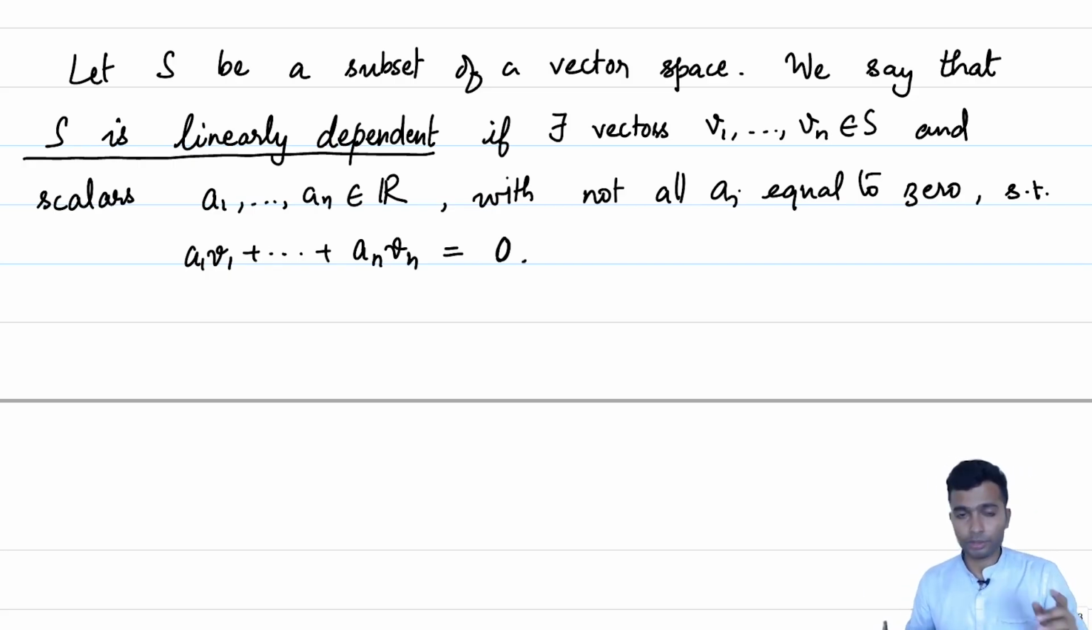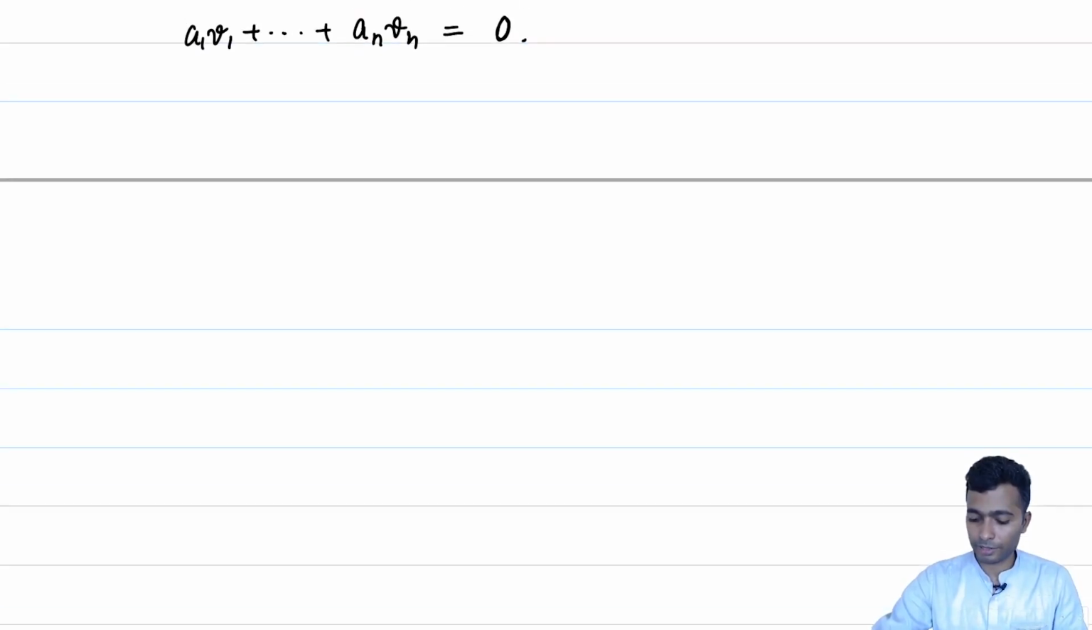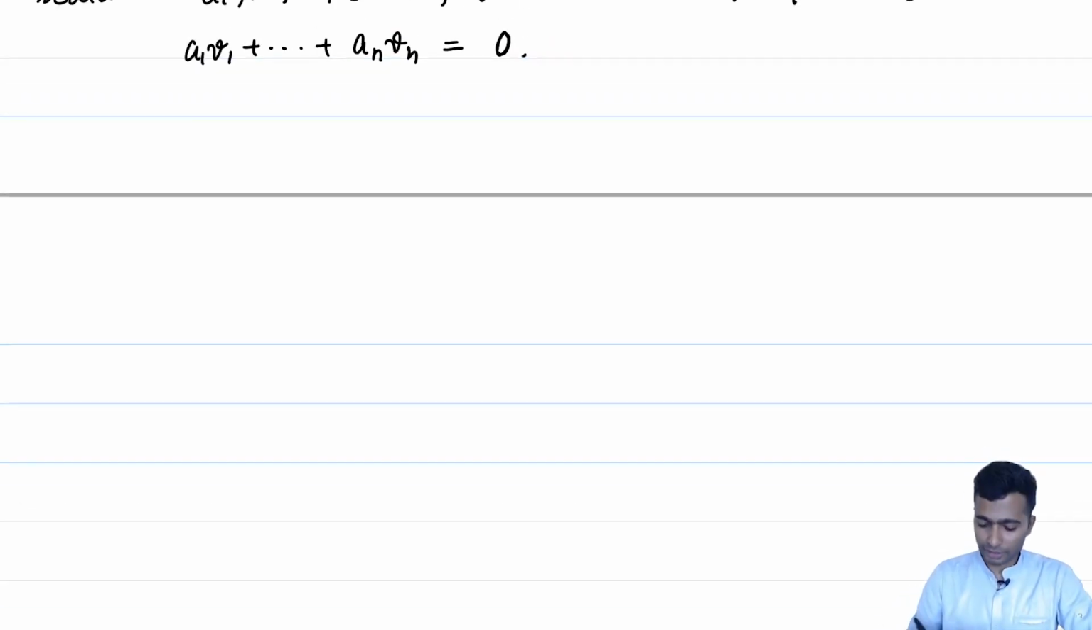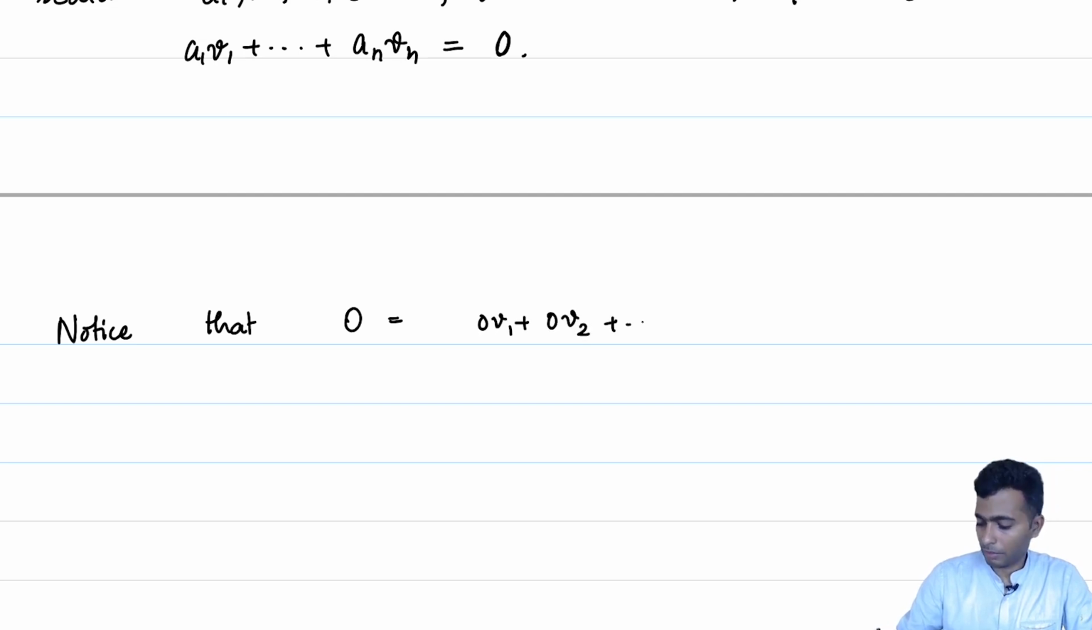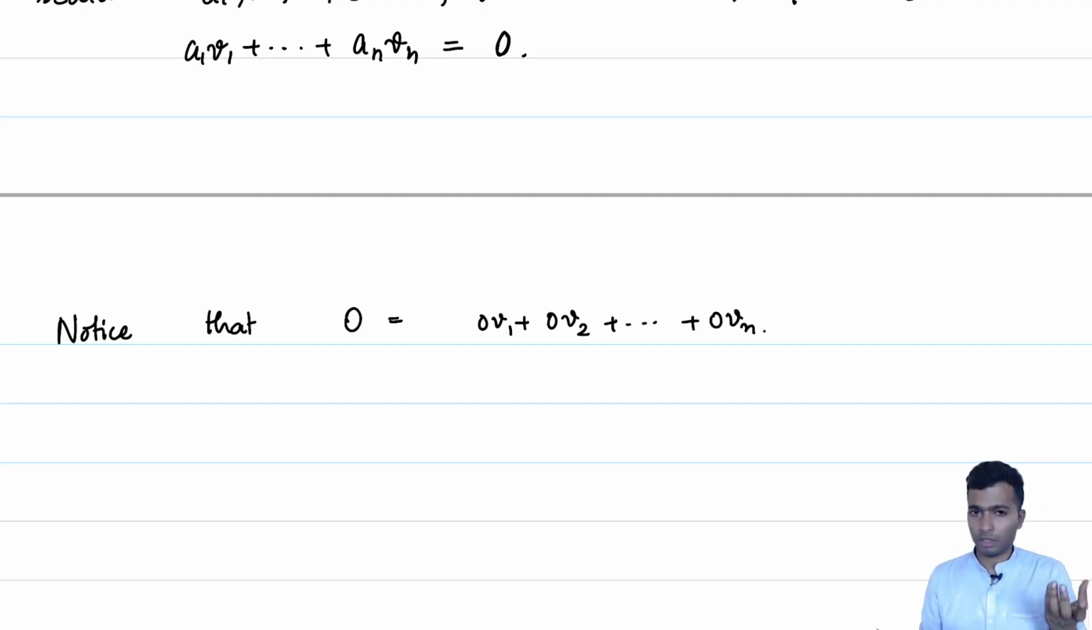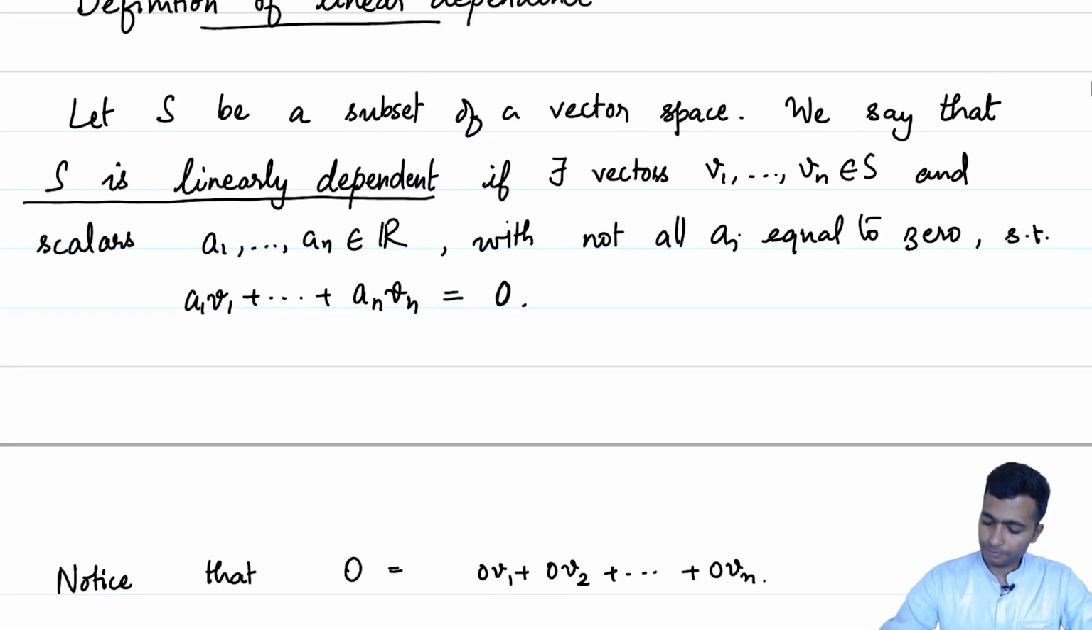So, notice that 0 is always a linear combination of a finite set of vectors. So, notice that 0 is always equal to 0 times v1 plus 0 times v2 plus dot dot dot 0 times vn for any v1, v2 up to vn, because the scalar 0 times any vector is 0, and if you add the 0 vectors it will give you back 0. What our definition demands is that we can write 0 as a linear combination of v1, v2 up to vn